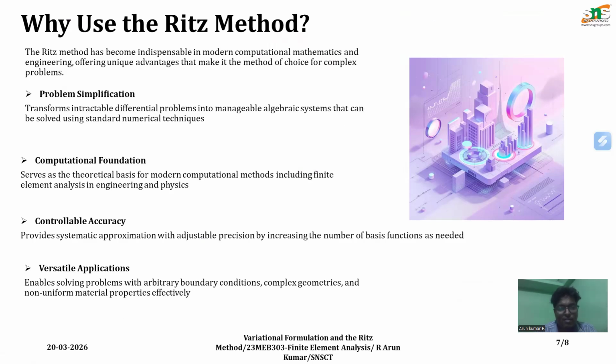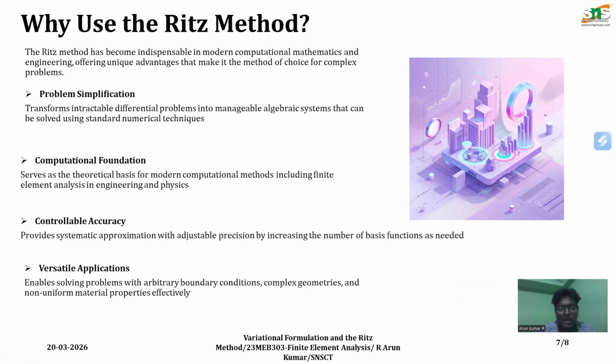Computational foundation: it serves as the theoretical basis for modern computational methods, including finite element analysis in engineering and physics. Controllable accuracy: providing systematic approximation with adjustable precision by increasing the number of basis functions as needed. Versatile applications: enabling the solving of problems with arbitrary boundary conditions,